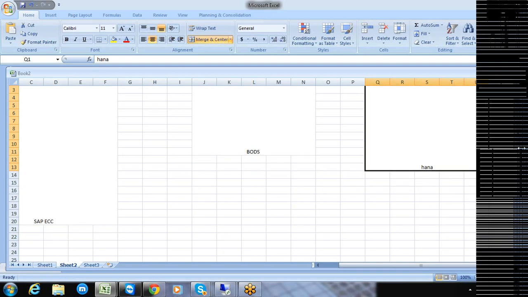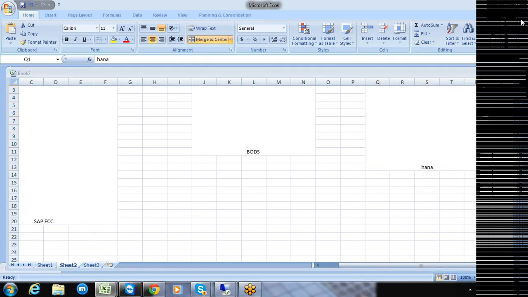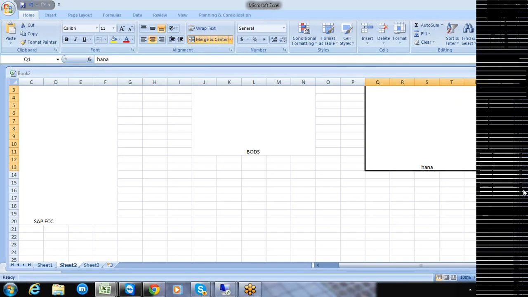Now, the second thing. Kiran and Rajiv, I sincerely request you to please note down your questions in case you need any clarifications, and we are going to discuss them in the 9:30 session. The 9:30 session is going to be very critical, where we are going to see the complete architecture of SAP HANA.